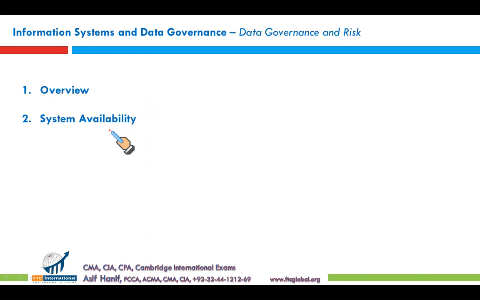Okay, system availability. System availability means if you have an information system deployed, it should be available when we need it. If there are interruptions of electricity, we should have installed some generator. If there is a risk of environmental hazard like flood or fire, there must be some safeguards against such hazards. Then again, we should have security procedures in place to avoid unauthorized access into our systems.